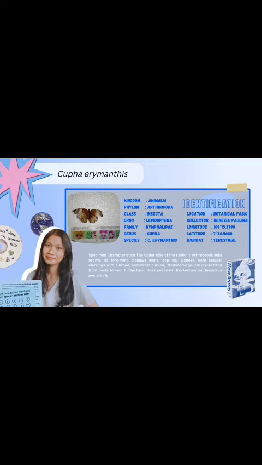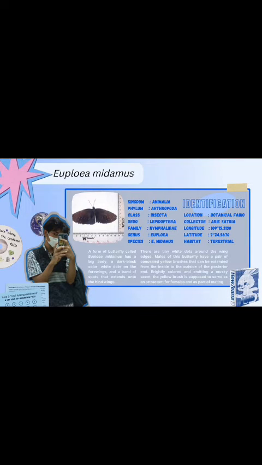Cupha erymanthis is a forest-loving species and appears regularly but not in great numbers in the wet and the intermediate zones. It also appears in verdant gardens in the vicinity of showers and forest, and it is rarely seen in the hill country. And then the third one is about